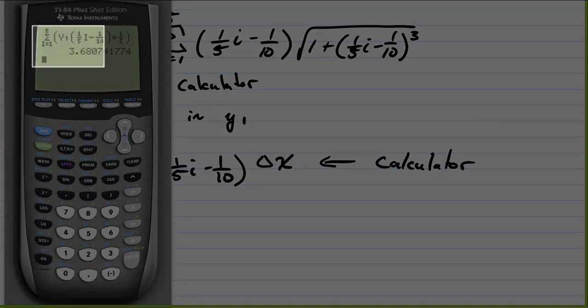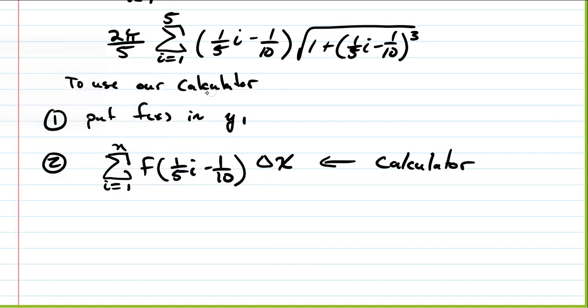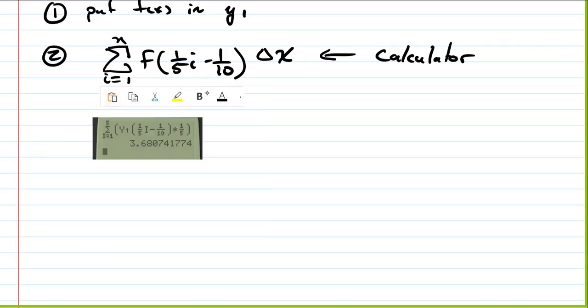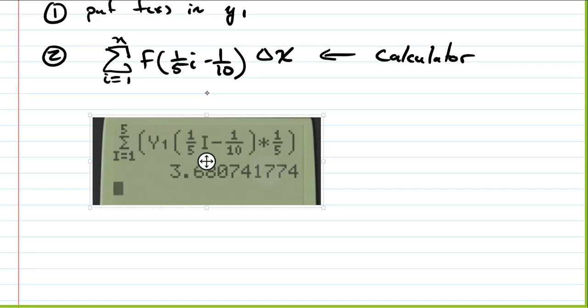It is worth noting once again, if you typed this monstrosity into your calculator, you will get the same thing. You just really don't want to do that. It's a lot easier to put the function that you're trying to integrate in as y1, and then you just evaluate it at the x sub i and multiply by delta x and have it do the sum for you. I make a lot less typos if I do it that way. I'm not saying you can't type it in directly just like it did up here, and if you